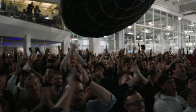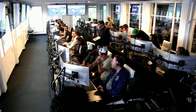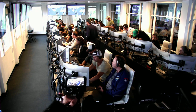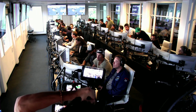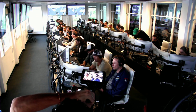Absolutely pumped to clear the pad and make it this far into the test flight, the first integrated flight of the booster and the Starship vehicle. Live view there of our control center at Starbase, which we refer to as Star Command. As we said before, obviously we wanted to make it all the way through, but to get this far, honestly,